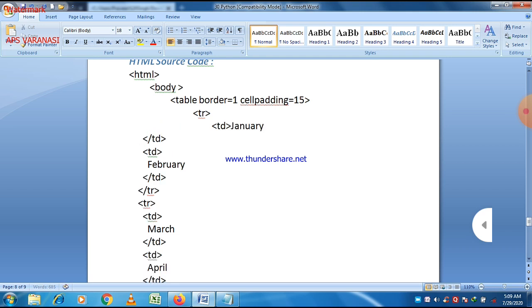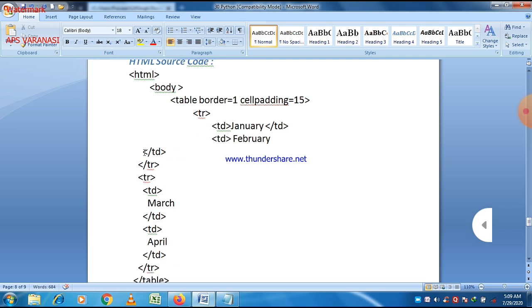And just give proper spacing to show whether all tags are properly closed or not. You can easily see that. First of all, the HTML tag, then the body tag, then the table tag, then the TR tag is a part of the table tag, then the TD tag is a part of the TR tag.